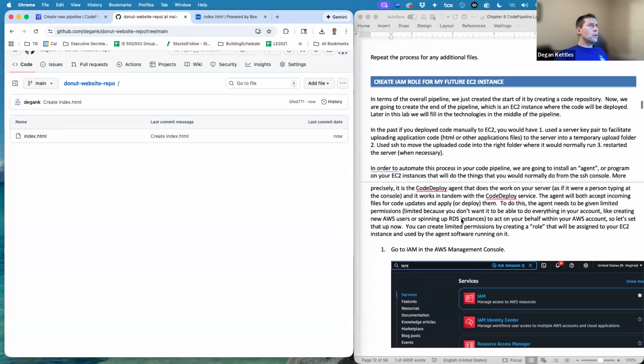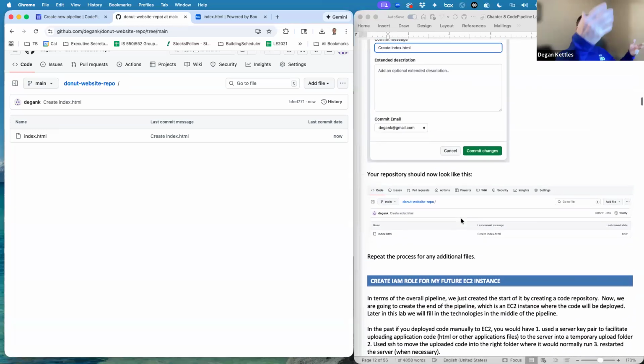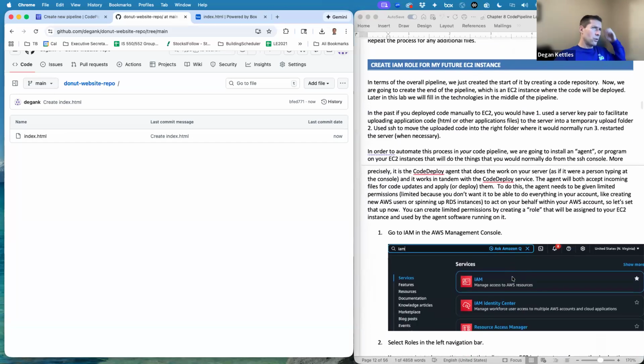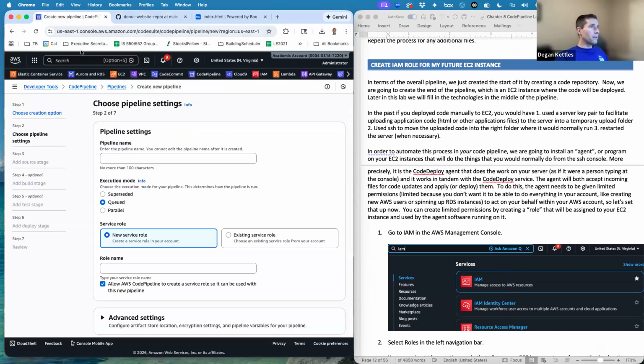Okay, now if you're going to do something more expansive than what I just did, with a bunch of HTML pages and with graphics, you would need to put them all into this folder, however you want to do that. Okay, next thing we're going to need to do is set up some roles. There's going to be at least three different roles in a policy that we create as part of this whole code pipeline thing. At a high level, the way that the cloud works is that whenever one service is talking to another service,